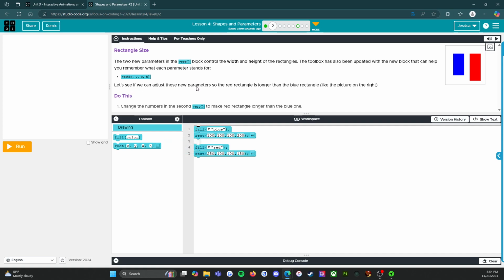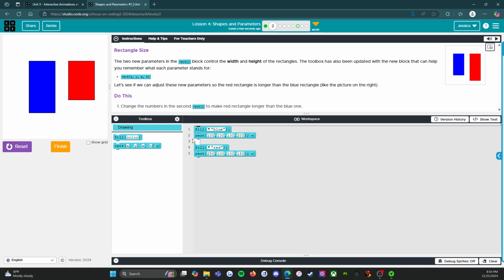Let's see if we can adjust these new parameters so the red rectangle is longer than the blue rectangle, like the picture on the right. So do this. Change the numbers in the second rectangle to make the red rectangle longer than the blue one. So let's click Run. All right, so if this is 100, 100, 100, 200,